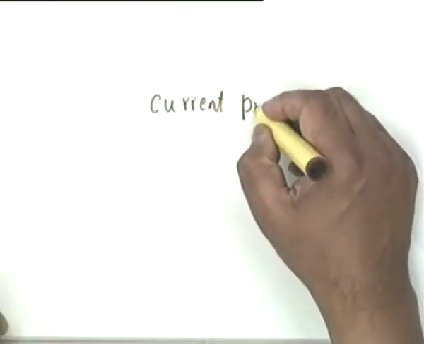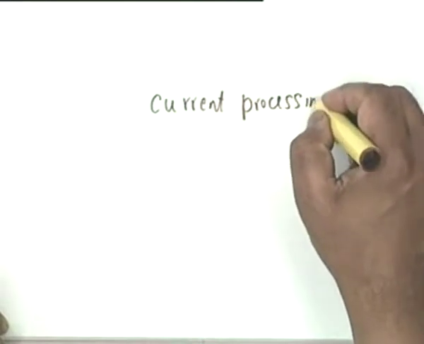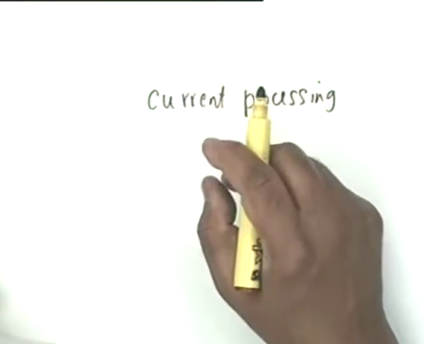But another technique which has come only recently and is gaining greater and greater importance is signal processing based on not voltage but current. So, current processing. And we will see that in current processing, if you have a resistance in series with a capacitance and you force a current through this, that current is not going to depend on the capacitance. Do you see the basic idea?